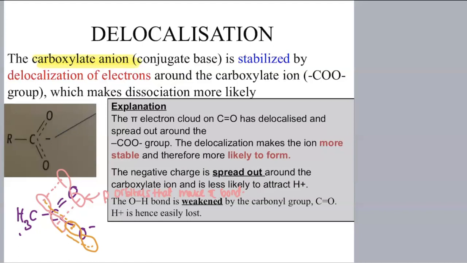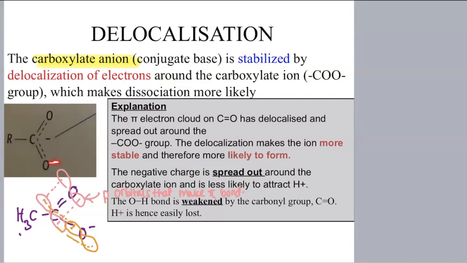So what is the point of this extended or delocalized electrons? It stabilizes the ion. It makes the ion more stable. So the carboxylate anion is stabilized by the delocalization of electrons around the carboxylate ion COO minus. Let's have a read at the explanation. That's why you see this dotted line. If you're wondering why there is that dotted line and why the negative is in the middle when you know that the negative belongs to the oxygen,